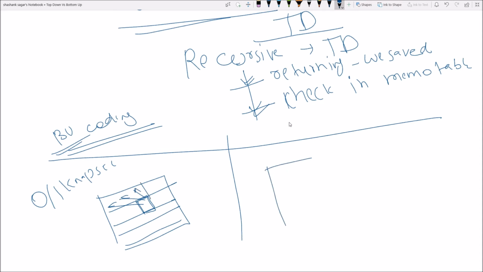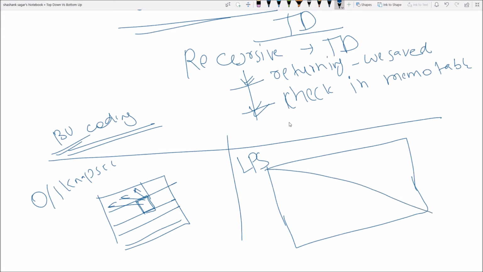And if you are filling a bottom-up table for an LPS kind of problem, then these lower diagonal values will not be needed, and for upper diagonal values, suppose you are calculating the value in this particular cell, you will need the value from a row below it and the same row, left.